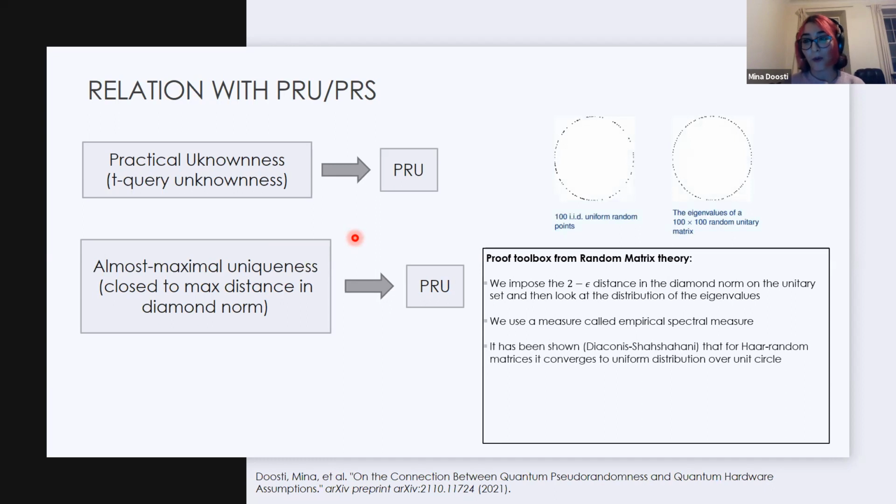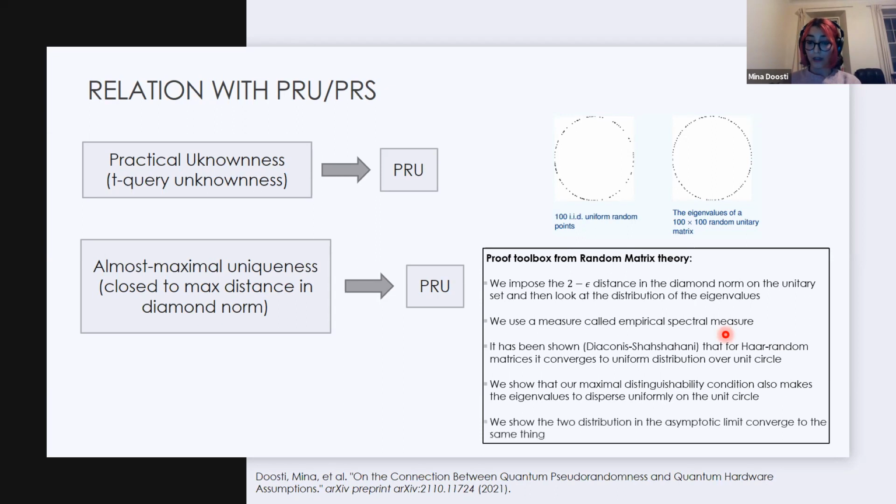There's a very old result by Diaconis and Shahshahani showing that for Haar random matrices this empirical spectrum measure converges to the uniform distribution over the unit circle, which you can see in this picture, and it's not the same for other distributions. What we have shown is that imposing this condition in the diamond norm also converges to the uniform distribution over the unit circle. In the asymptotic limit, you can show that they converge to the same thing, meaning that